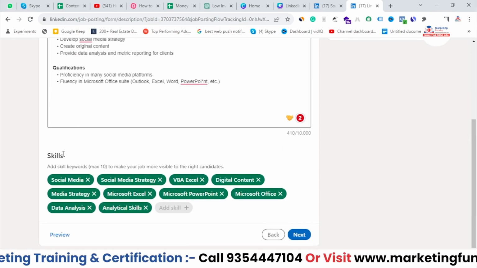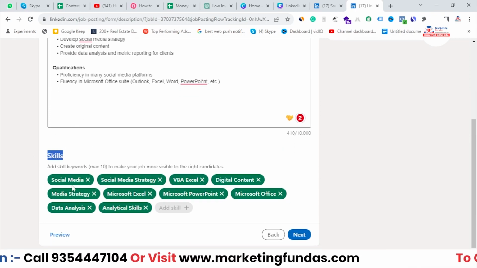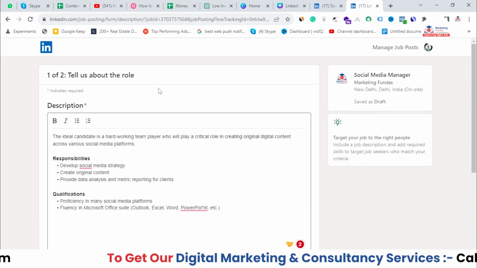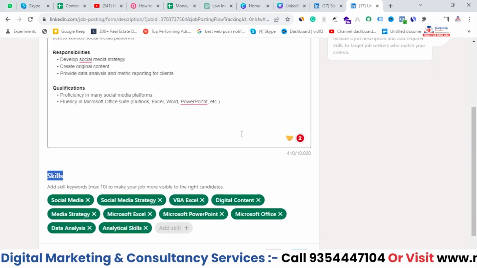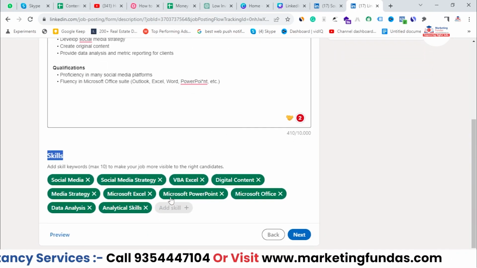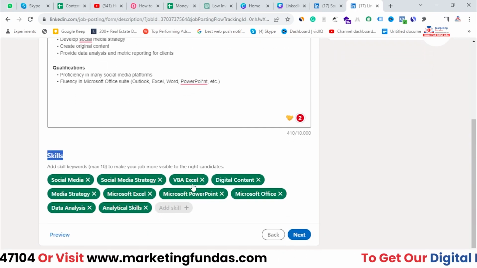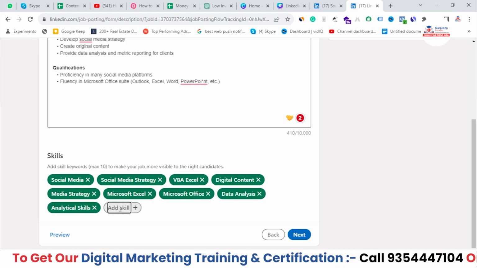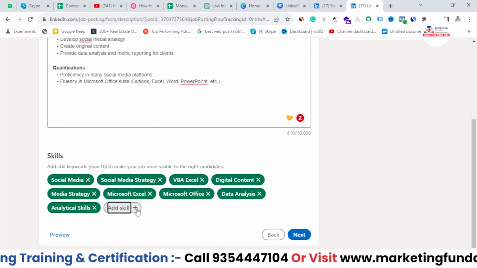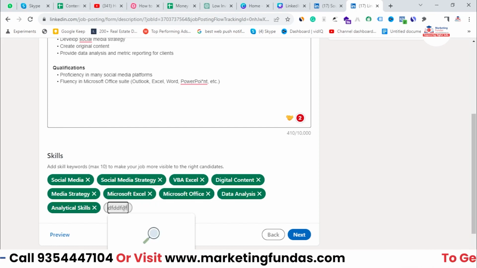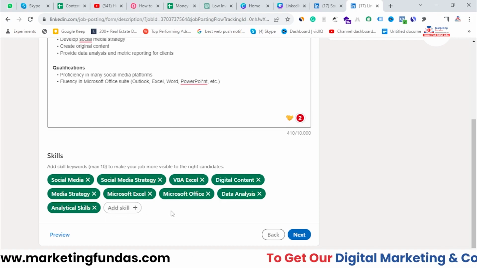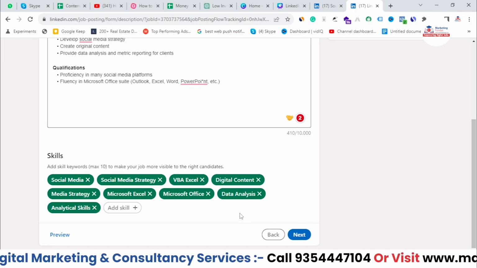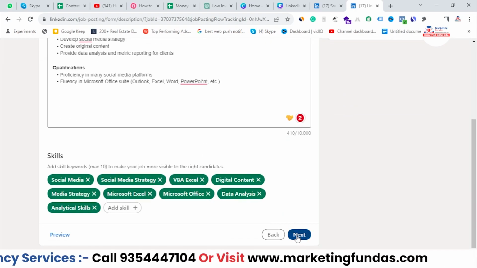And if you scroll a little bit down here, you'll be able to see the skills option, which according to LinkedIn are important for a social media manager, right? But if you want to add any extra skill, you can remove these. Like let's say I want to remove Microsoft PowerPoint, and you can add extra skills here, right? Just click on the plus icon and type. So this is how you have to add the skills. You can go up to a max of 10 skills. Now once you are done with your JD and the skills, hit the next button,